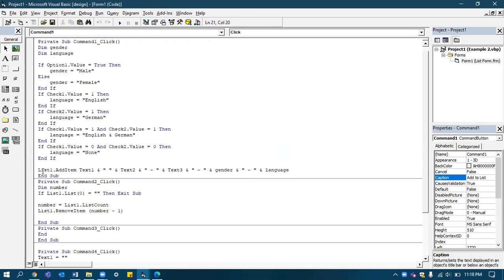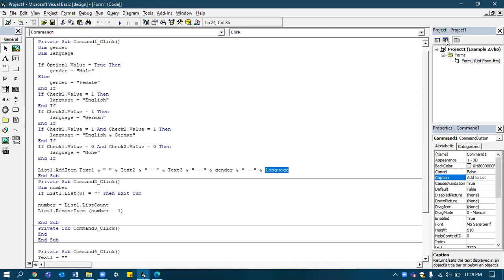Then we need to place it, so you give the command list1 dot add item text1. Text1, the name, will be displayed, and one space has to come. For that you need to use ampersand, open a bracket, close a bracket, once again ampersand, so that you will get a space. Then text2. Text2 you will get next, whatever you have formed. Then ampersand. Then after text2 I need one dash, so I have included that within double quotes. Then text3 value, then gender value and the language value. Like this you need to type. That's all.